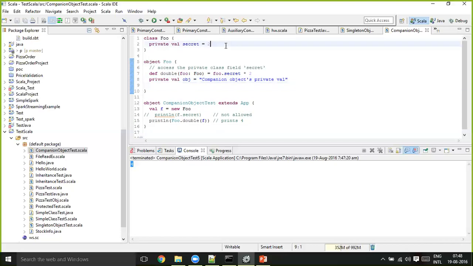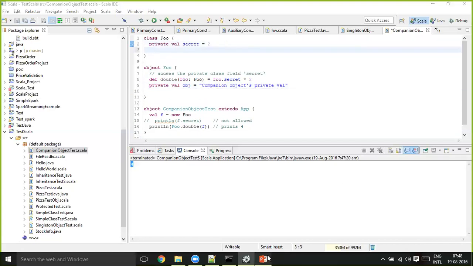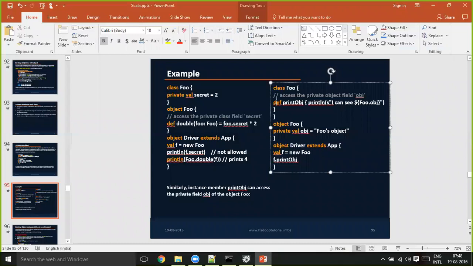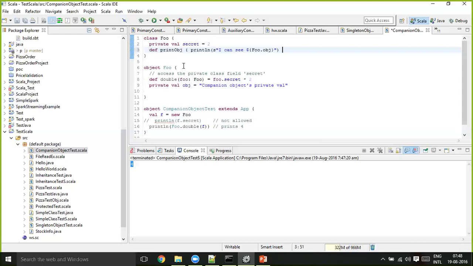Now I'm going to define a method inside my class in which I'm going to access this. So def print obj, its definition is println of, okay, sorry, I missed the ending quotes. So its definition is println of s I can see